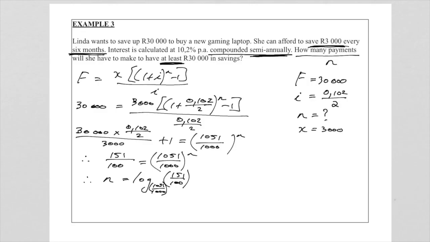So N is equal to the log of this, base of that. Now you put that onto your calculator, the whole thing, you have a log button, and you will get to an answer of